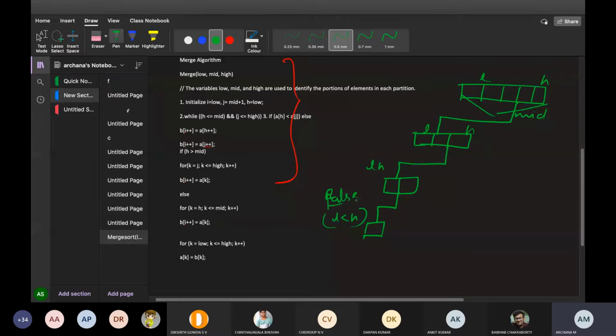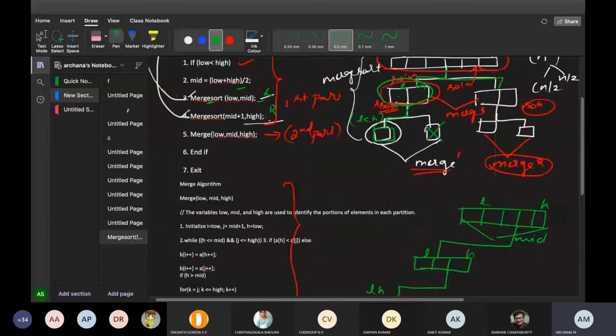As soon as this becomes false, what happens now? As soon as this condition is false, it will go to the next statement. Now look here, it will go to this. Now the right hand side of the array will be divided into two halves. Now the right hand side will be taken. As soon as the right hand side is taken, it keeps on calling like this.